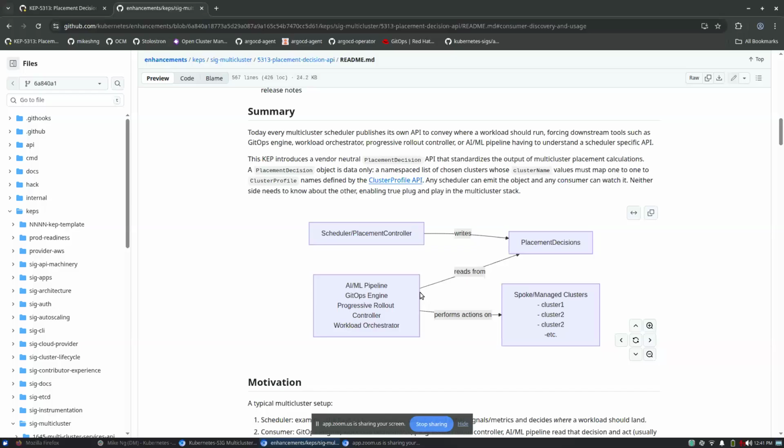The goal is so that the consumer and the producer don't need to know anything about each other, right? You can have any arbitrary scheduler, you can have any arbitrary consumer, and as long as they use the common placement API, you can swap one for the other, and it still works the same way. But without a standardized workload or placement request format, it seems like the consumer and the producer still need to know about each other, because they still need to know which proprietary API to speak.